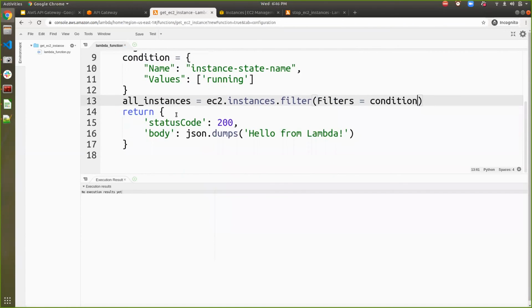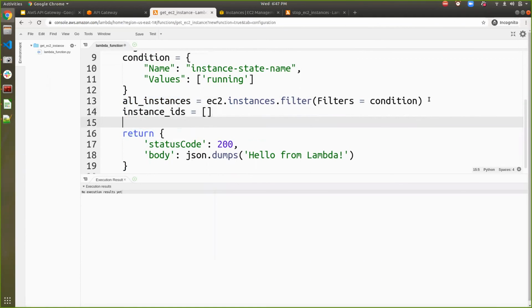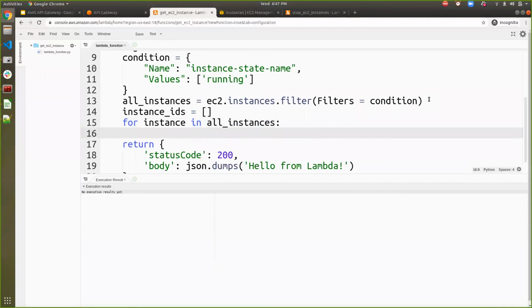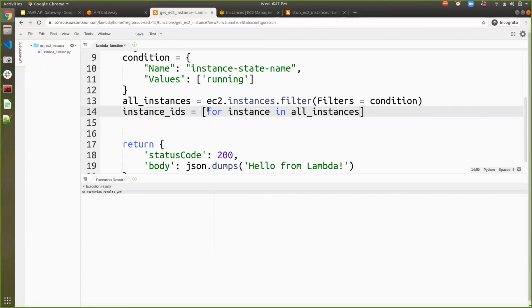From all instances, I can get all the instance IDs. What I'm going to do here is instance_ids, for instance in all instances. Or maybe I can also write the code in such a way, an inline for loop, over all the instances, and below I can say instance dot id.